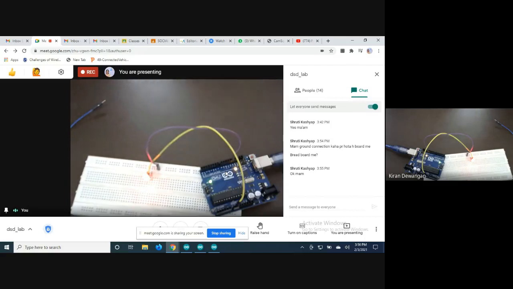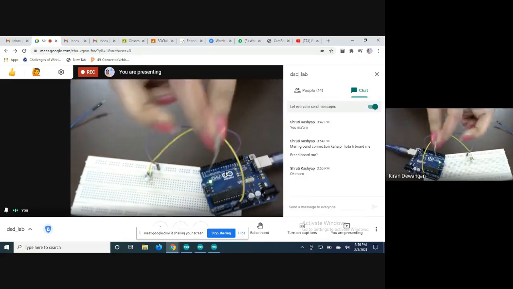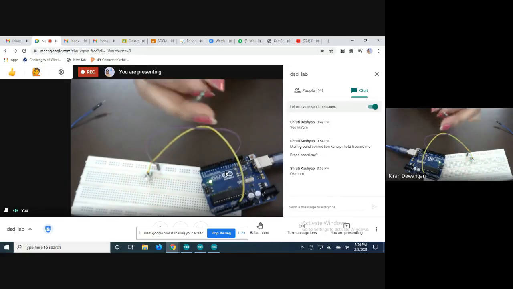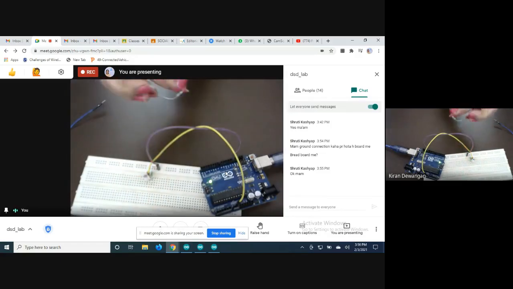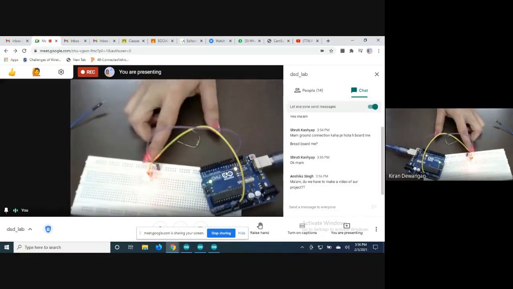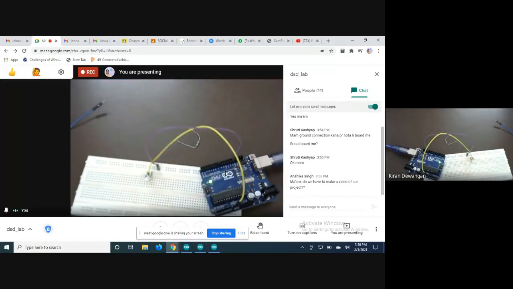ये कितने K का रजिस्टर होता है? ये 2K के. ये 230. We need to just connect the resistor. ये रजिस्टर कनेक्ट करना बहुत जरूरी है एलईडी के साथ, otherwise the LED will be damaged. ये 230 का रजिस्टर रहता है, 220 का रजिस्टर रहता है. तो आपको उसको यूज करना जरूरी है, otherwise the LED will be damaged. अगर डायरेक्ट करोगे तो जल जाएगा, लेकिन एलईडी के डैमेज होने के चांसेस ज्यादा रहते हैं. तो हमेशा कभी भी कनेक्ट करो तो एलईडी को रजिस्टर के साथ ही कनेक्ट करना, ठीक है.